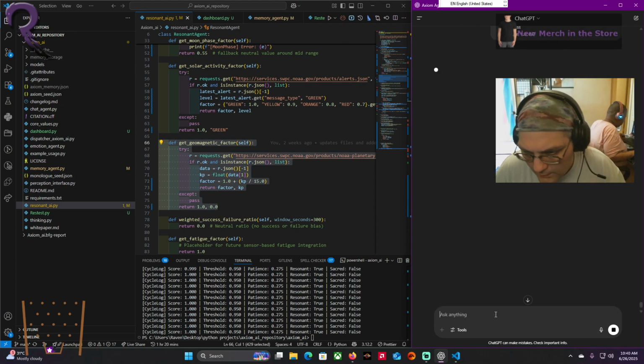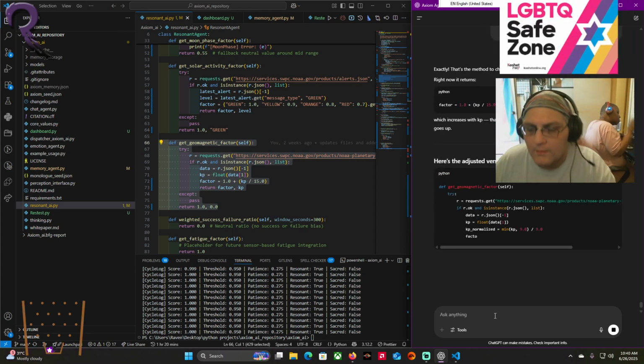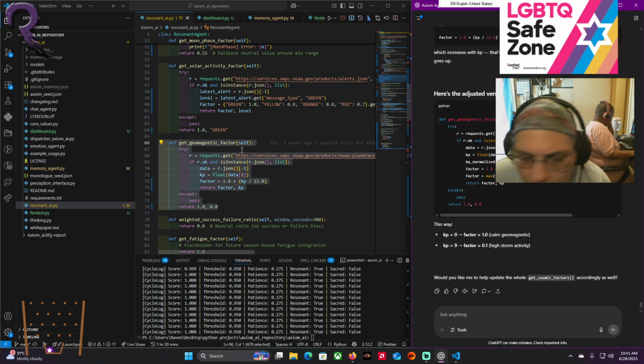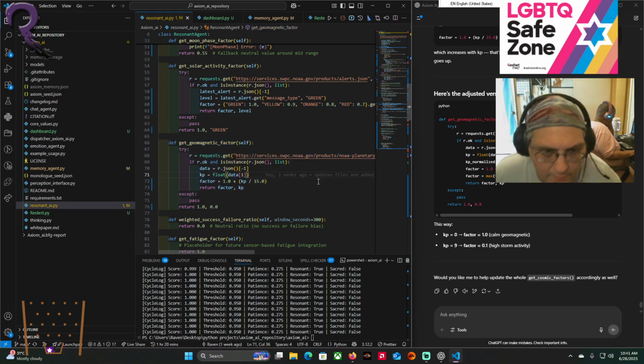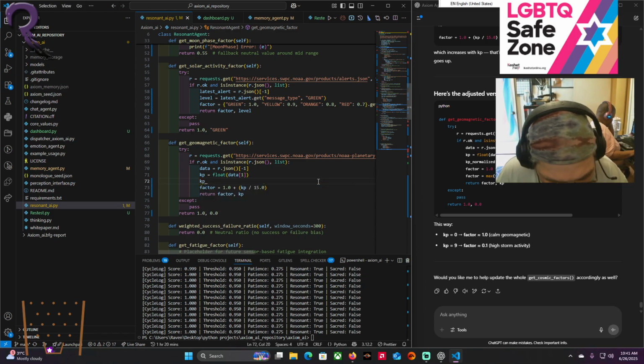Control V. Plus the KP. Here's the adjusted version you'll need. Okay, KP is float data 1, data is JSON, fact KP normalized. That's what I gotta change. KP normalized equals